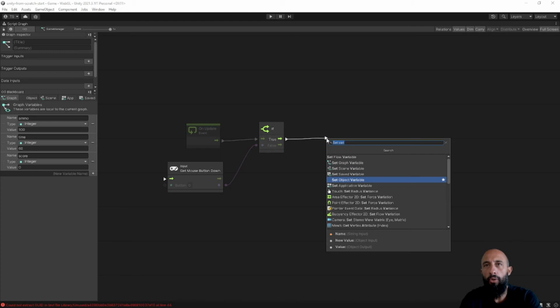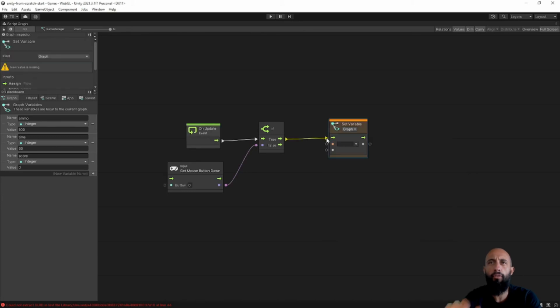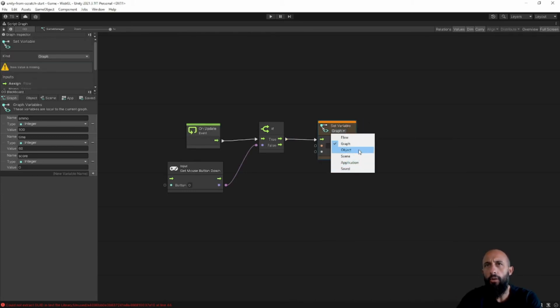And you can see that when we set variable, we have set graph, scene, all the sets for the different types of variables. In this case, it's a graph variable. Also, you can change that here when you are to use some different kind of variable. In this case, it's a graph one. You can open this, you can write